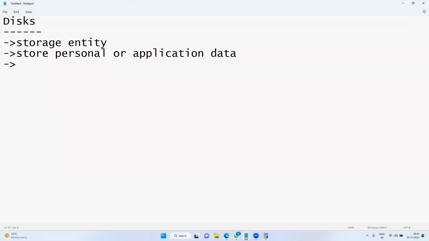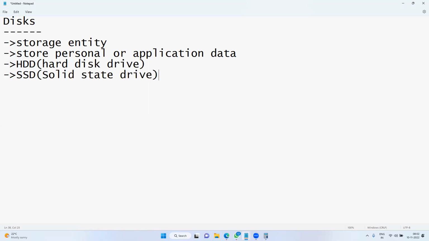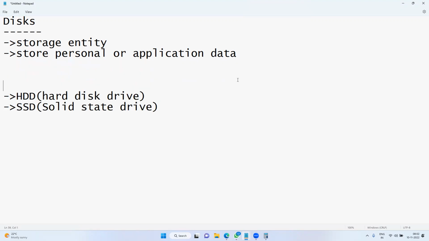There are two types of disks in the market. One is HDD, hard disk drive. The other one is SSD, solid state drive. You know, right? Nowadays we are getting laptops with SSD disks. SSD disk cost and performance are good.